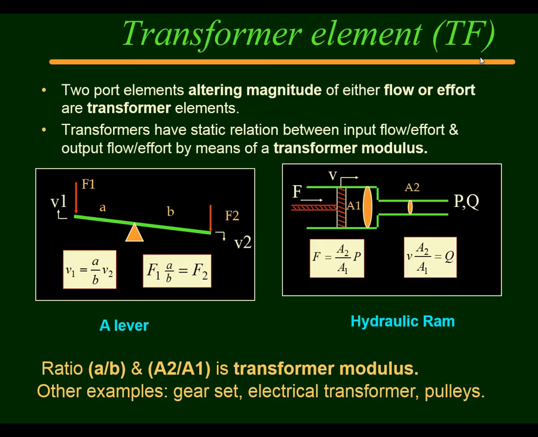The one on the left-hand side is a lever, and it's very obvious that in here, if you multiply the force F1 times A, it should be the same as F sub 2 times B. From this equation, it follows that F1 multiplied by A over B should be F2. This equation that you see here,